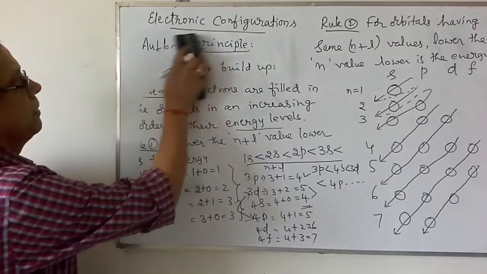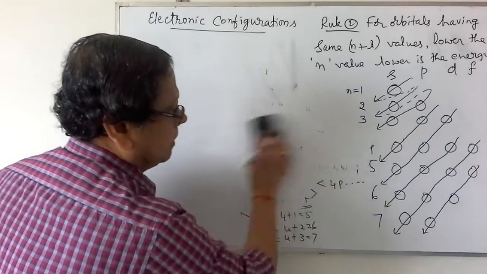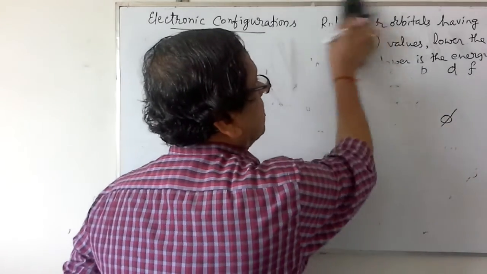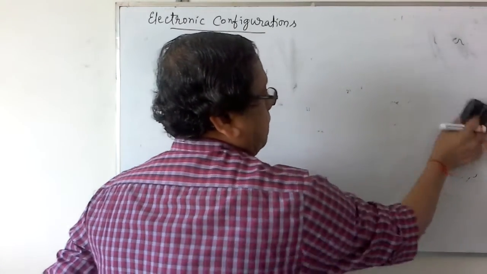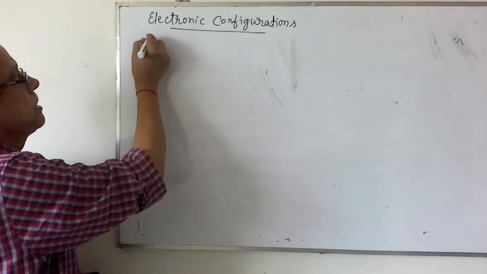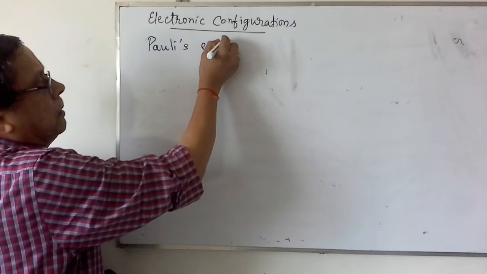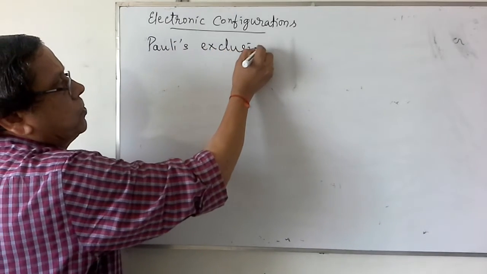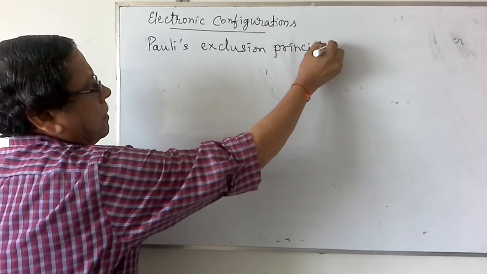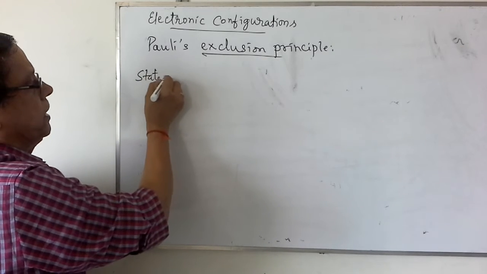The second one that we consider is the Pauli's exclusion principle. The statement for this Pauli's exclusion principle is